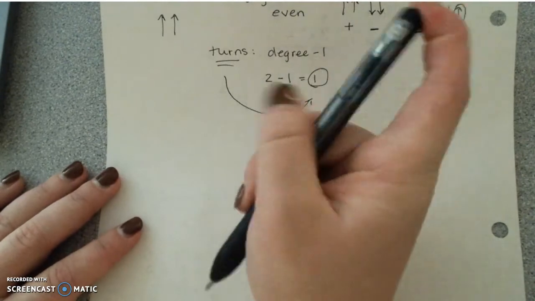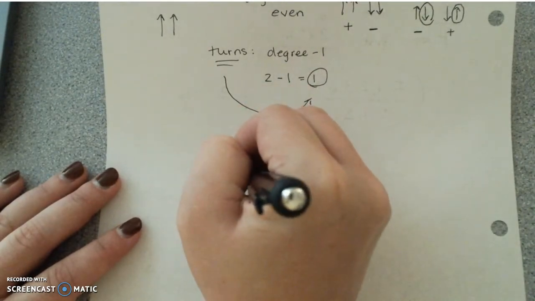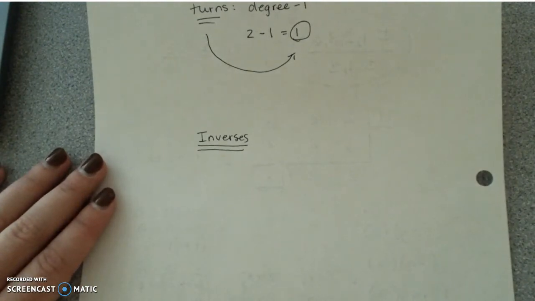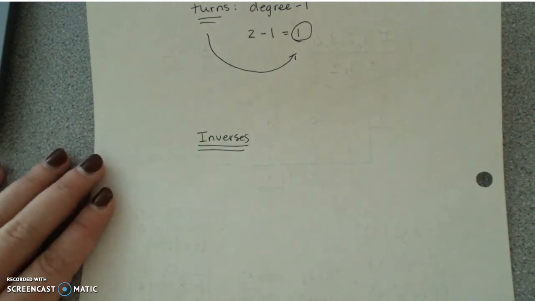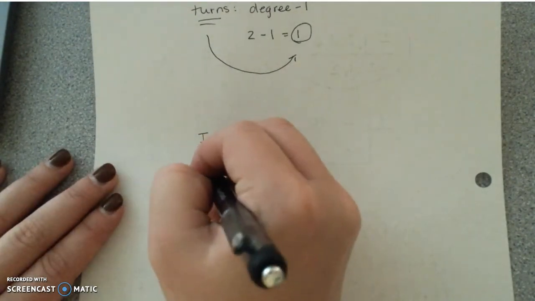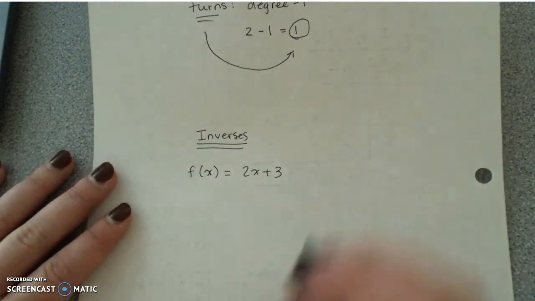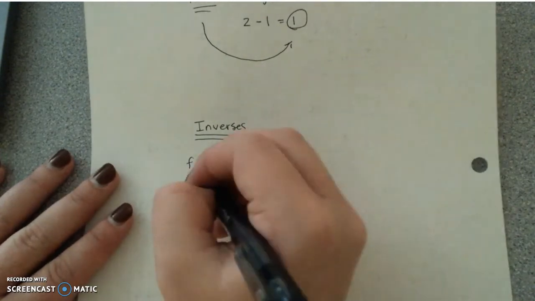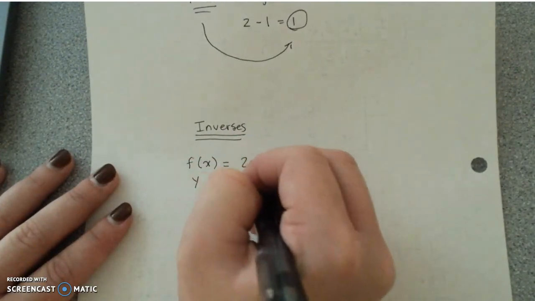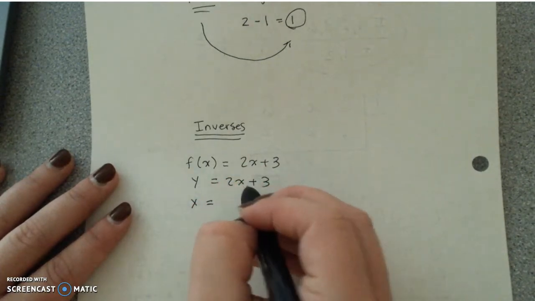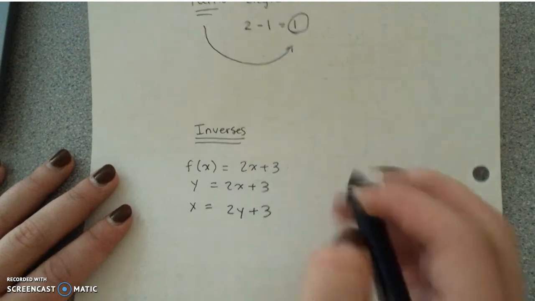And lastly, the last thing we worked on were inverses. So remember, if two functions are inverses, then if I take the inverse of the first, it should equal the second. So if I ask you to find the inverse, this is what we've been doing, so this is fresh on your brain. First thing I do is switch my x and my y. So remember that f of x is code for y. So I'm going to make my y x, and I'm going to make my x y. So I switch,